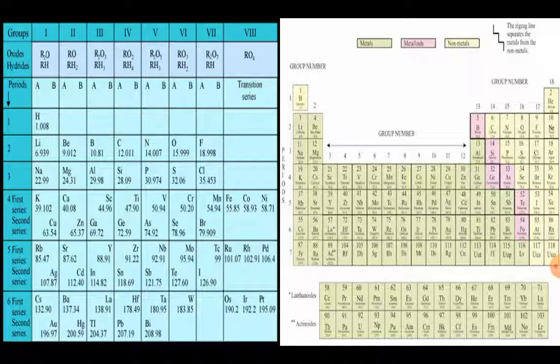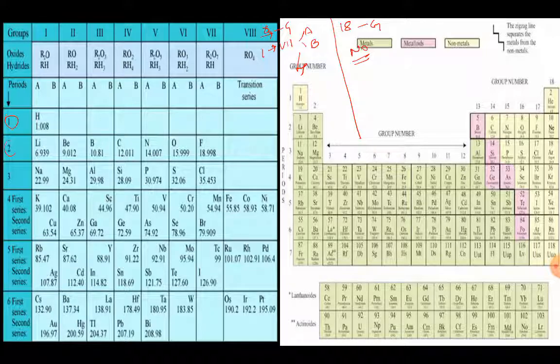Now let us quickly discuss some of the differences between the Mendeleev's periodic table and modern periodic table. So the very first difference, there are 8 groups in the Mendeleev's periodic table, but when we talk about the modern periodic table, there are 18 groups. That is the vertical columns. Okay. Second difference is that from 1 to 7 group, they are further subdivided into two subgroups A and B. But here we do not have the subgroups in the modern periodic table. We all can see that, right?